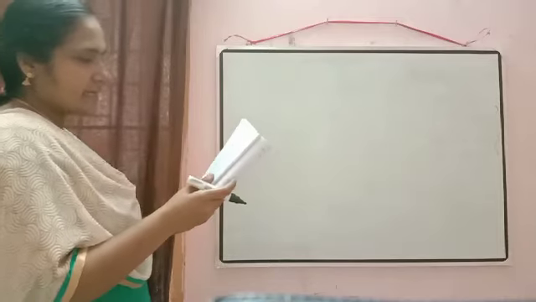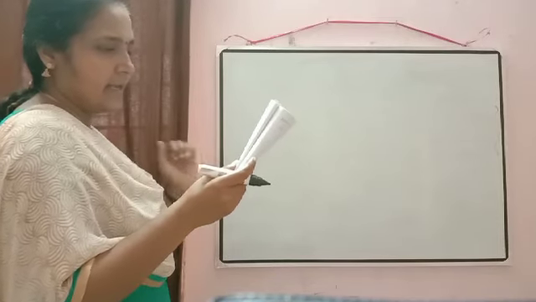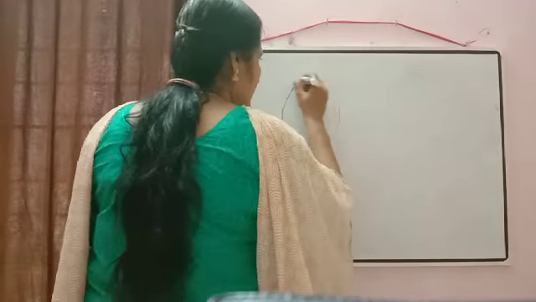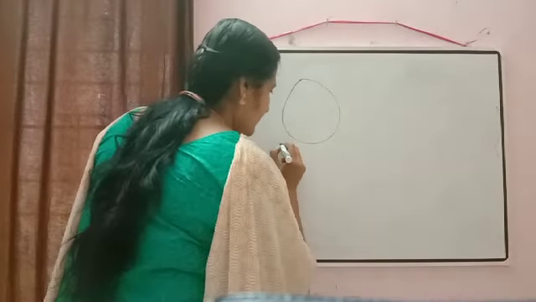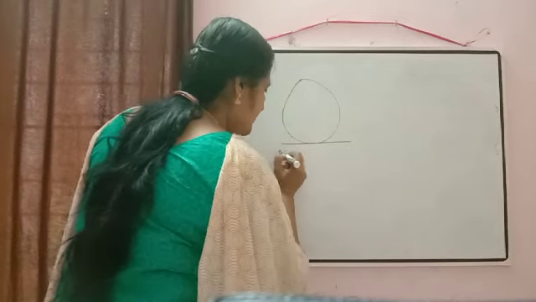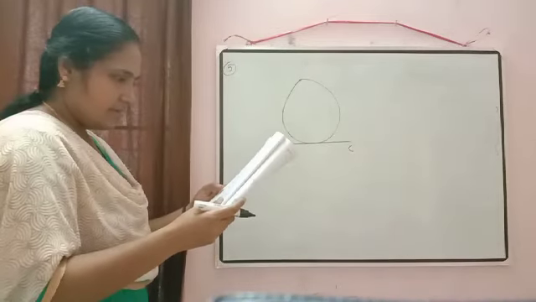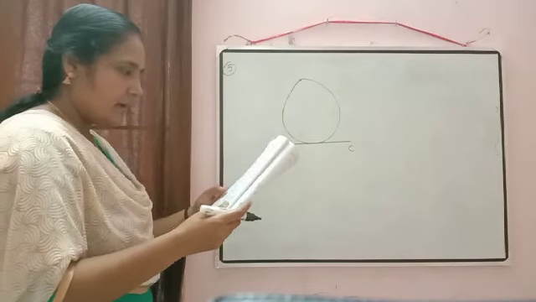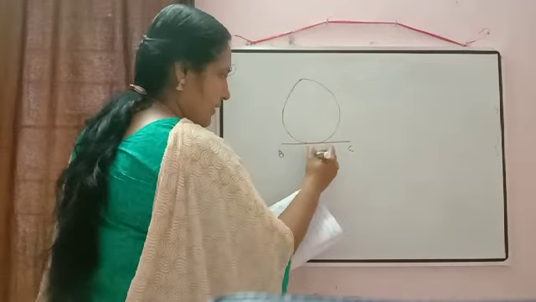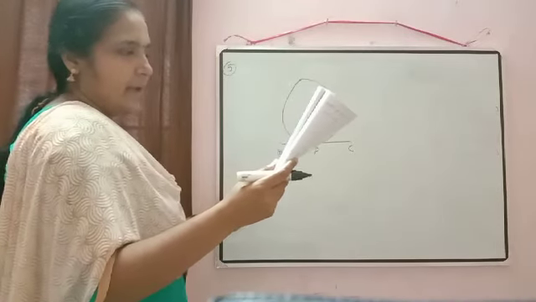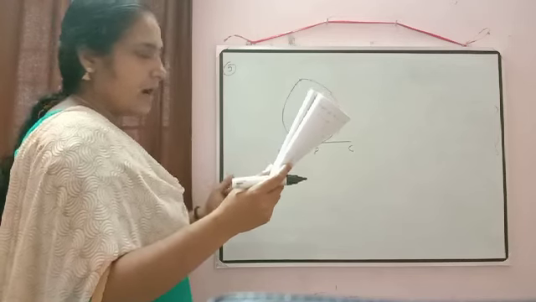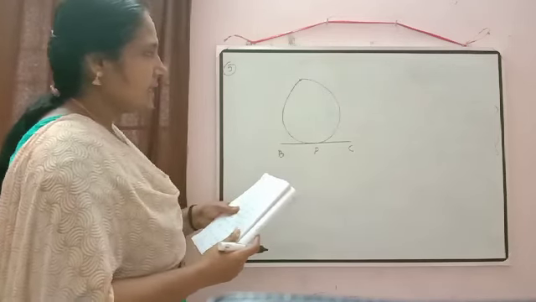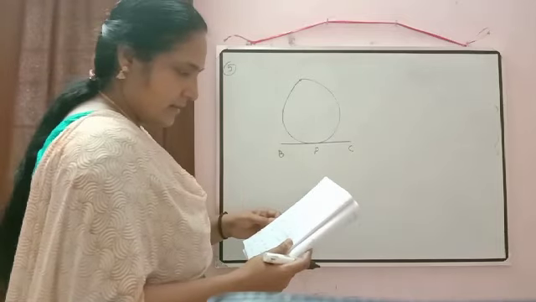A circle is touching the side BC of a triangle ABC at P. Okay, so the first one is a circle touching the side BC. Suppose here we can draw it touching the side BC at the point P there, and touching AB and AC produced at Q and R.